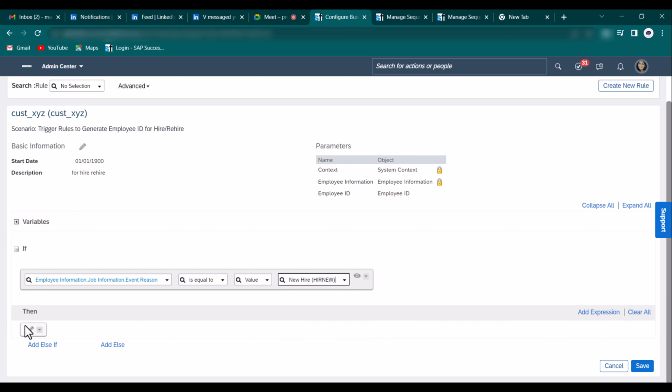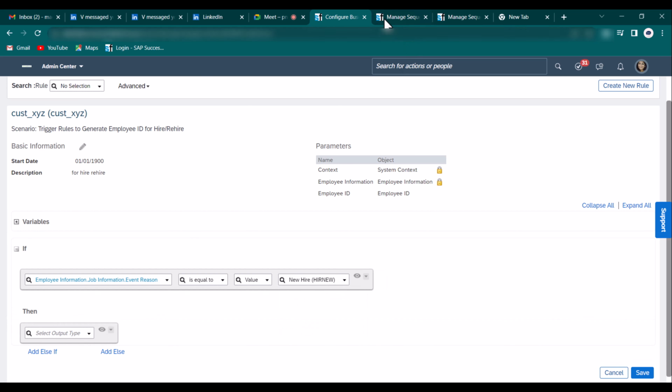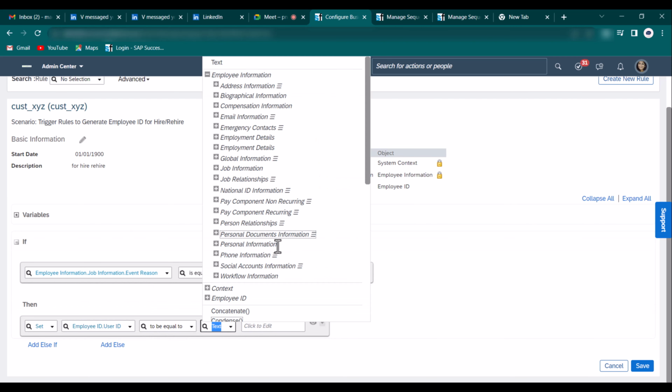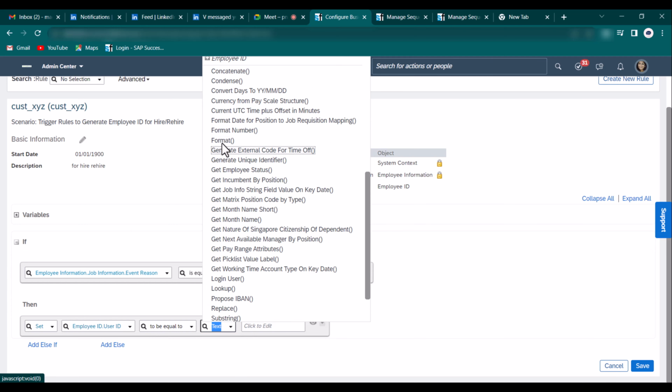New hire. Okay, then we will set the session. Here we will click as employee ID dot user ID. Okay, we are generating the user ID, to be equal to what? Now here we will give as format number,